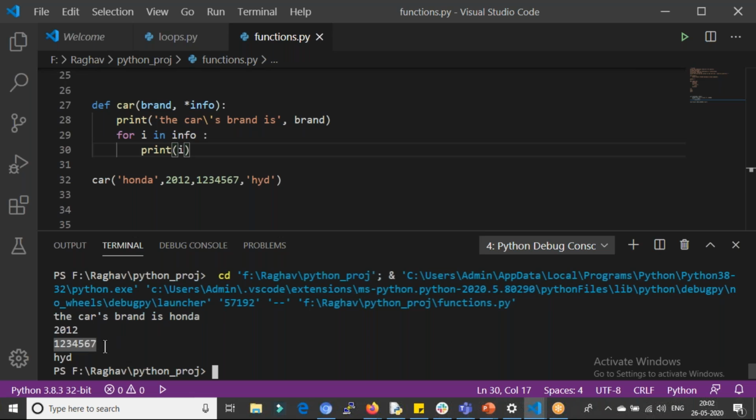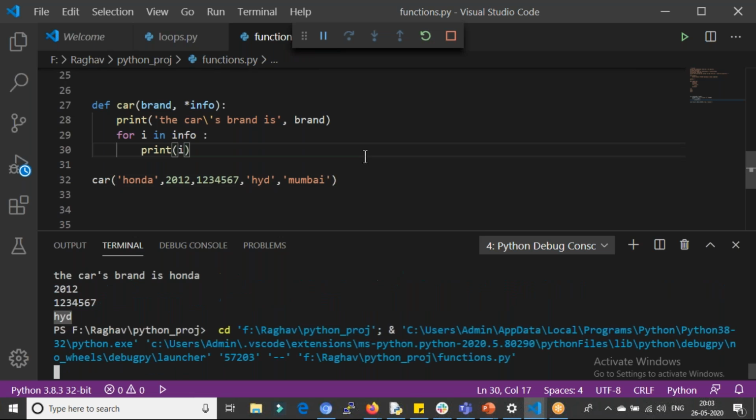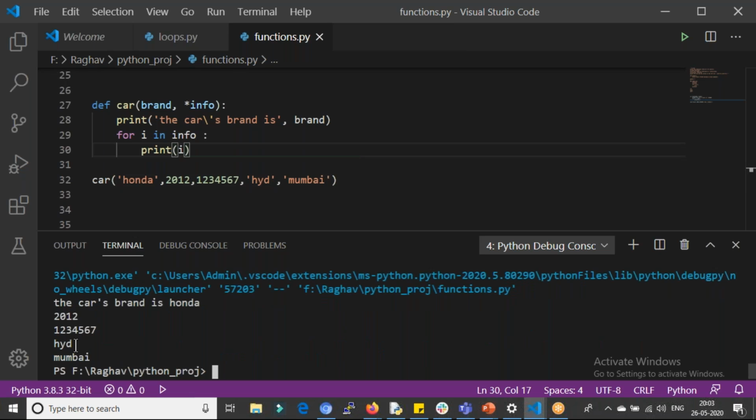What if there's some other parameter, let's say the city I drove to? I'll say Mumbai, I drove to Mumbai. Then there will be a confusion, right? We don't know if the city he bought it in is Mumbai or Hyderabad, or the city he drove to is Mumbai or Hyderabad.